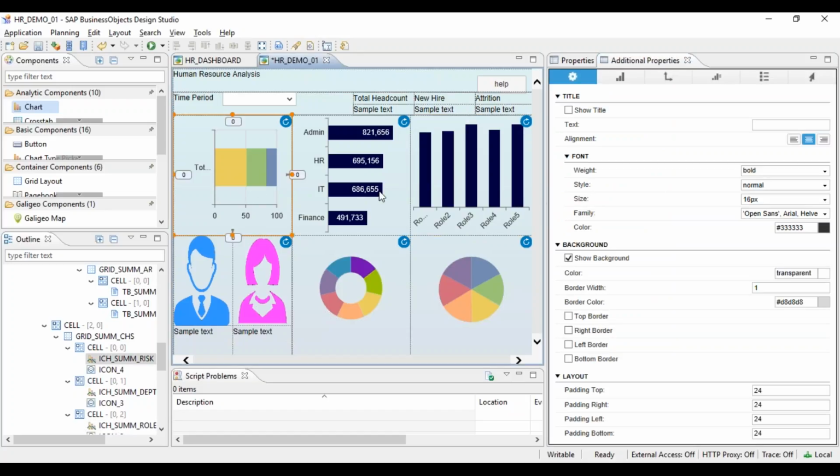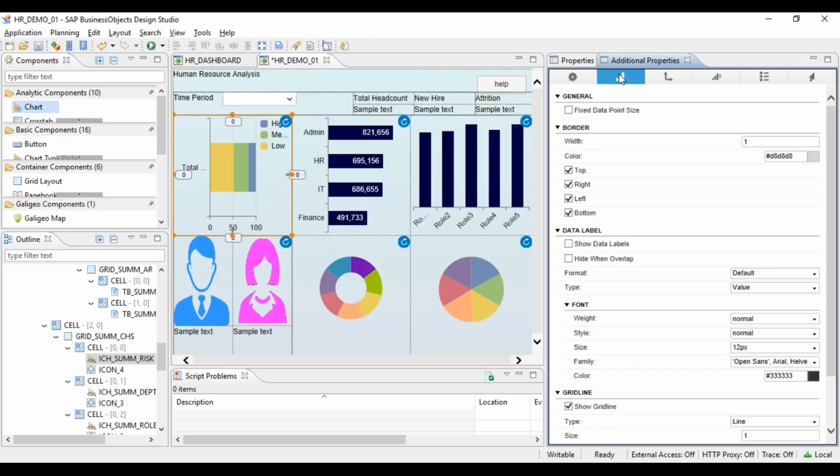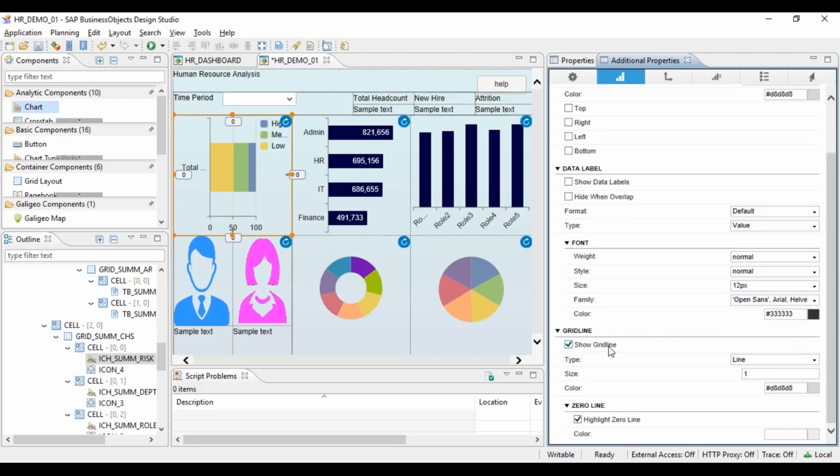Yes, for this component also now this is coming. You remove the background. No borders, no grid lines.